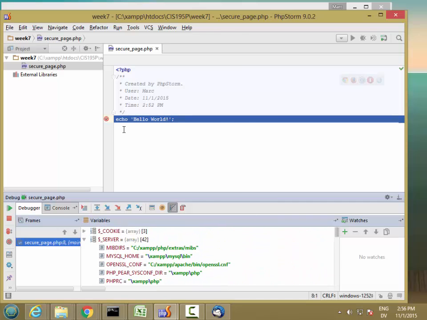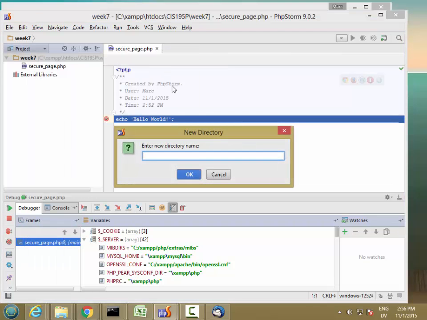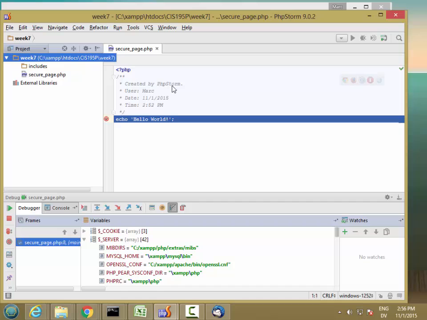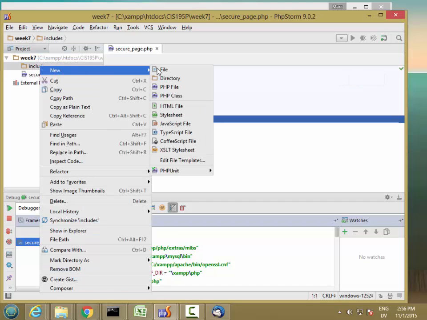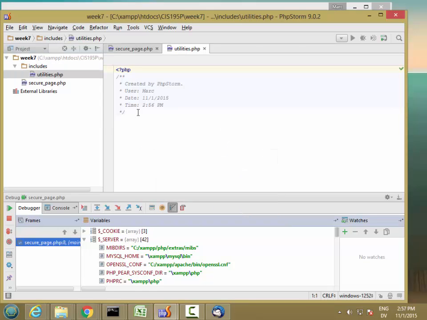And I could just put the code right here in this file, but this is a function that I'm going to want to use in a bunch of different places. So I'm going to right-click on week 7 and create a new directory called includes. And under my includes folder, I'm going to create a new PHP file for utilities. Utilities.php, okay. And I'm going to create a function called RequireSecure. So function RequireSecure,